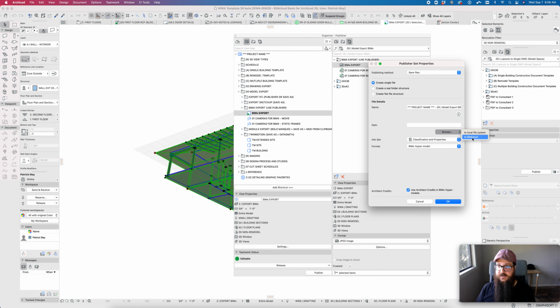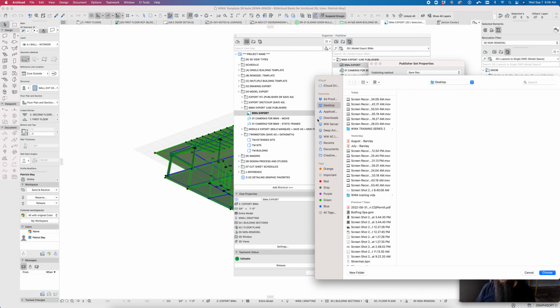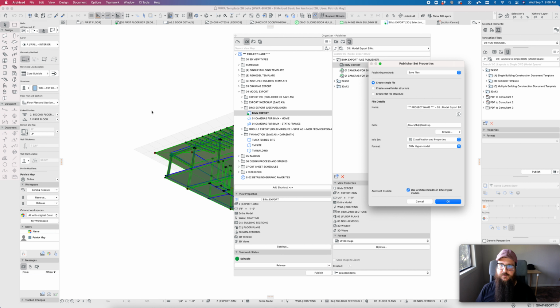Again, give it a local file system destination. I always publish to the desktop and relocate from there. It's just less glitchy and infinitely faster. The architect's credits and hypermodel, in the hypermodel, that's the project preview image. It's under ArchiCAD and info or architect's info. There's a way to basically get a preview of the model, or the template by default has the Walker Warner logo. Going to my desktop, give it a file name, so